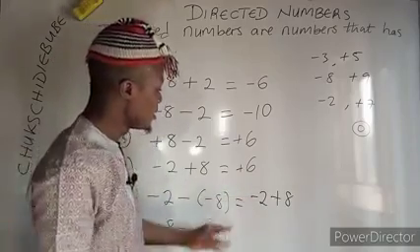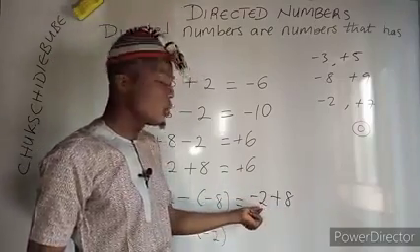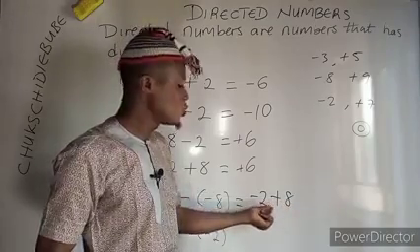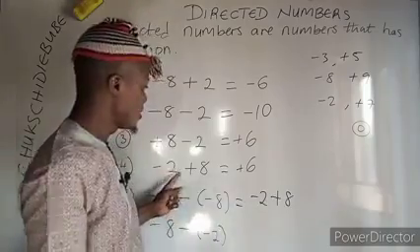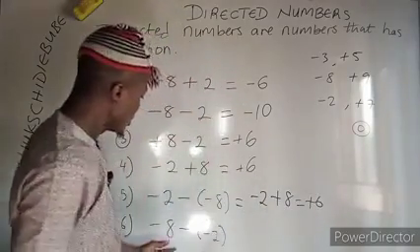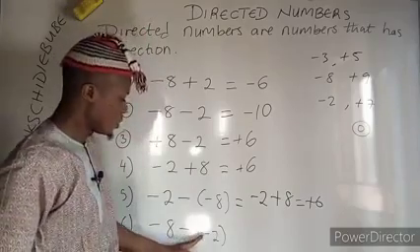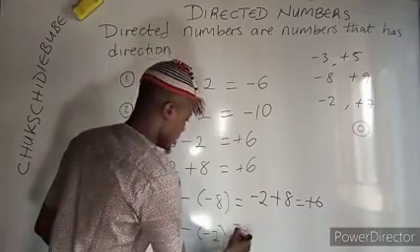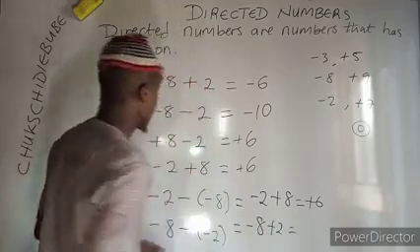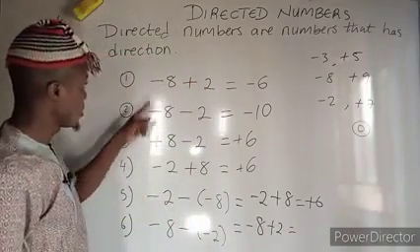All right, now minus 2 plus 8 means you are owing somebody 2 and you have 8, just like we did here. You can see that they are the same thing. You still have plus 6. Then finally here, the same double minus here. It is still the same thing as minus 8 plus 2, which brings us back to this particular question here,